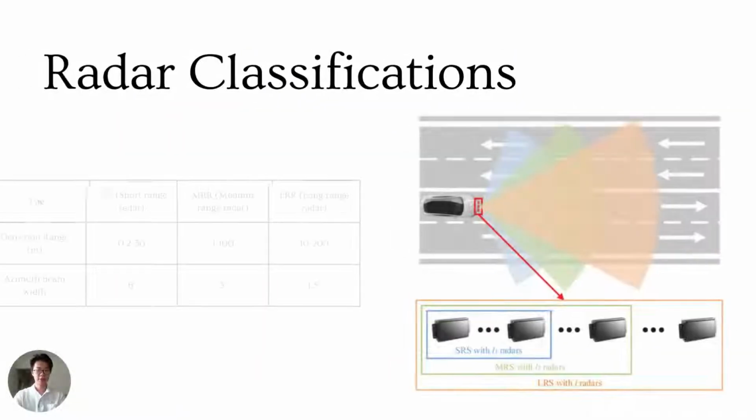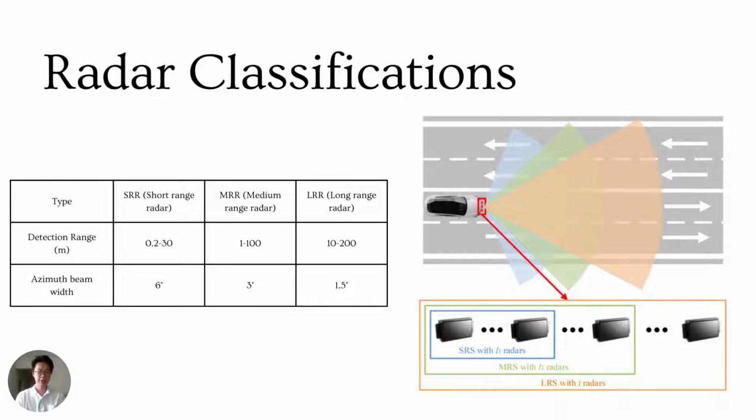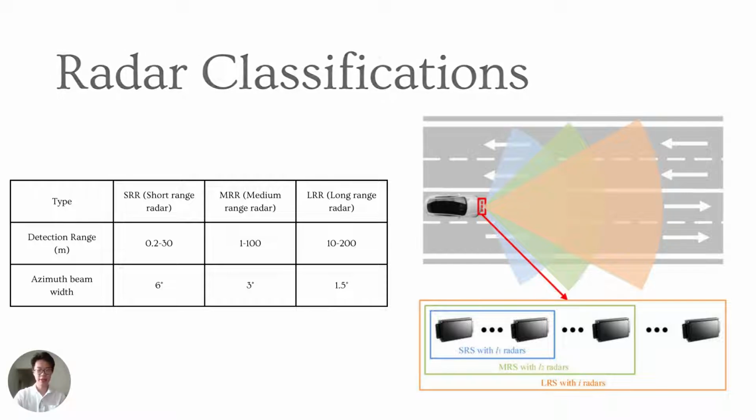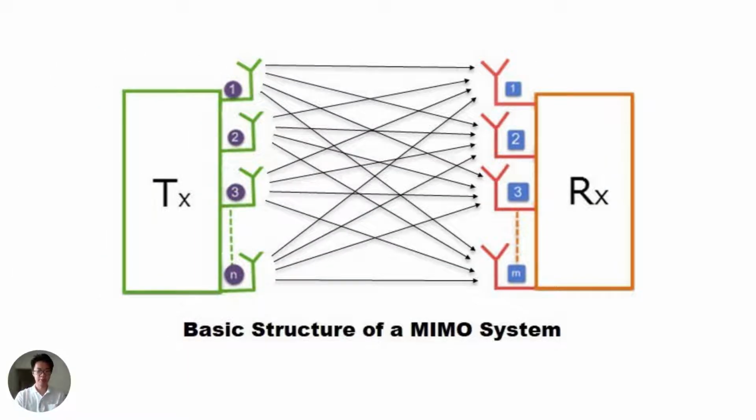So let's talk about the radars. We have the radar classifications. There are three main radar classifications: short-range radar, medium-range radar, and long-range radar, each with their own detection range and their own beam width. The further the range is, the narrower the beam width would be in front. So combine that with this MIMO system, we're going to get multiple radars with multiple beam widths scanning at